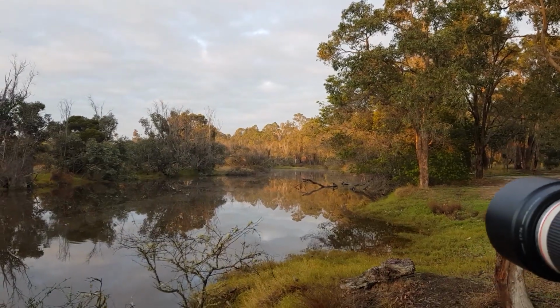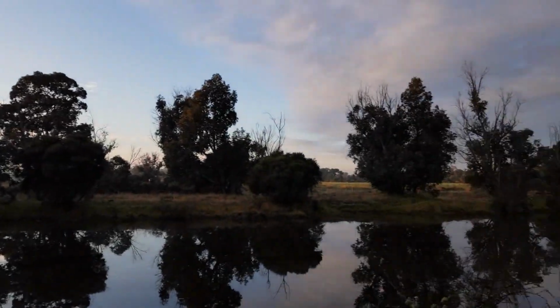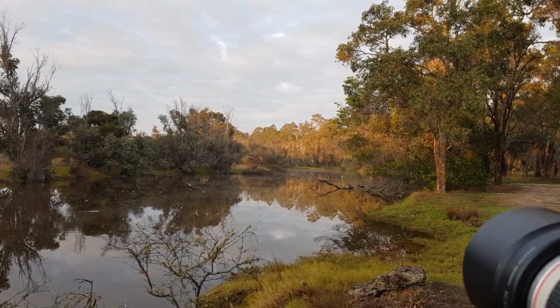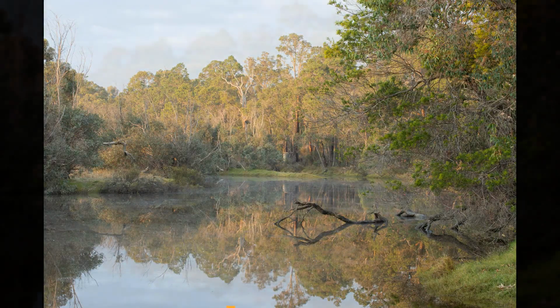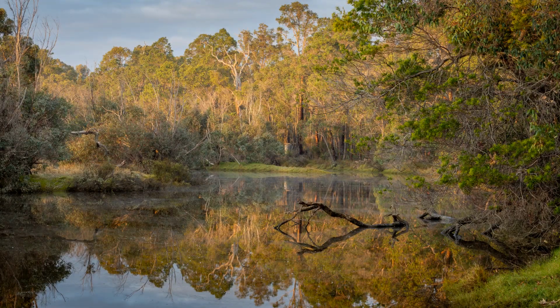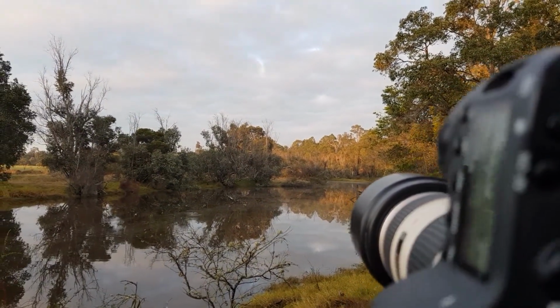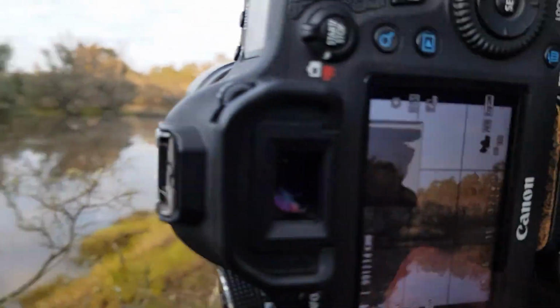So look at this pretty little picture that just popped up. The sun came up over there, not where I was expecting it, but anyway, doesn't matter. And look at the beautiful little shot down there, which I've already grabbed a couple of. And I've grabbed them as brackets and as single shots, and you can see on the back of the camera I've got the 70 to 200 on, and I'm at, I don't know what that is, maybe 80 or 85, and I